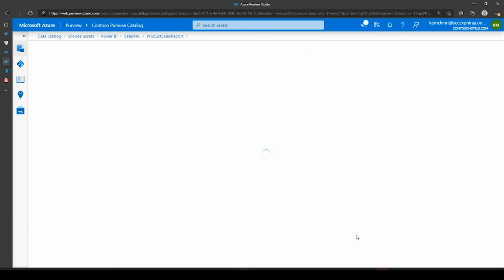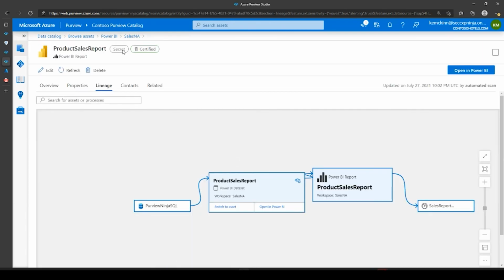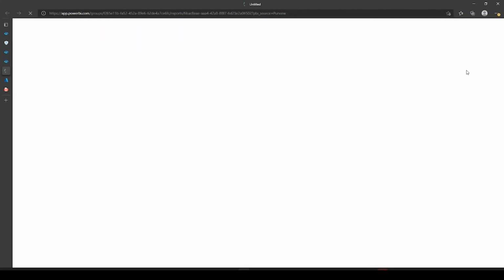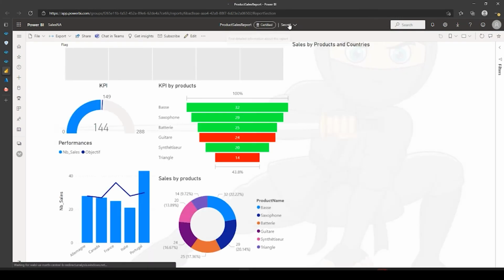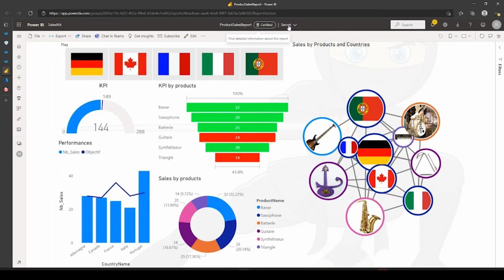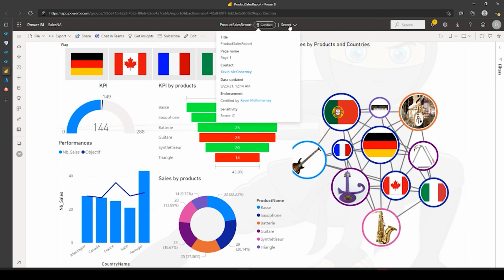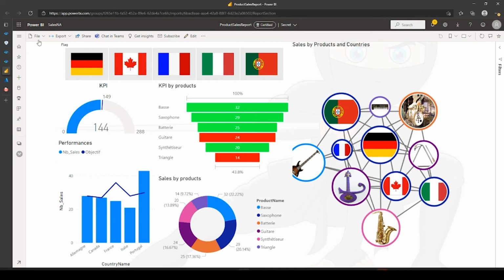But then we can switch to the reports. That same flow is coming down to the report, where we can see that it has been marked as secret. And in fact, if we open that in Power BI, we can see that that secret label is continuing to follow the data, going all the way through from the initial data source down to Power BI. And the great thing about this is that it's not just going to label the Power BI report. I'm sure you've seen that whenever you export data from a report that is labeled,